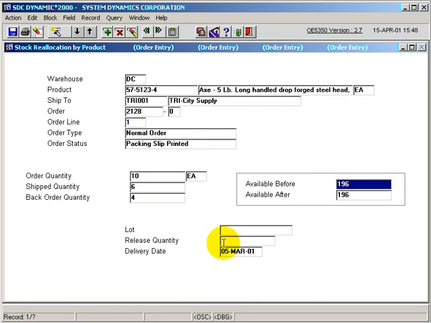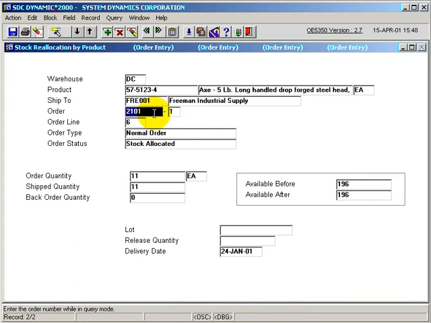At this point in time, we could go into the release quantity field and allocate 4 more units in order to bring the back order quantity to 0 and the quantity allocated to 10. But maybe in this circumstance we don't want to do that because the 196 units are needed somewhere else in the system. So what we're going to do is arrow through, and we find another order here, order 2101, that